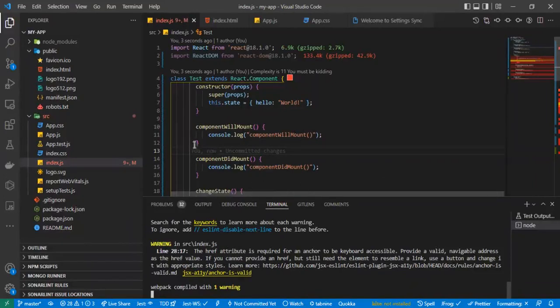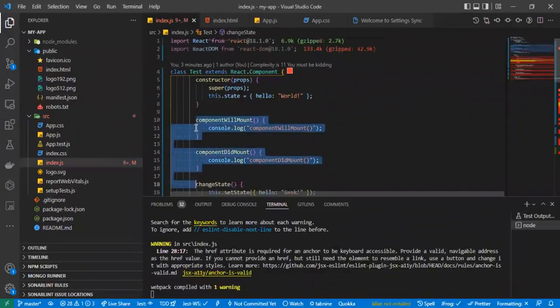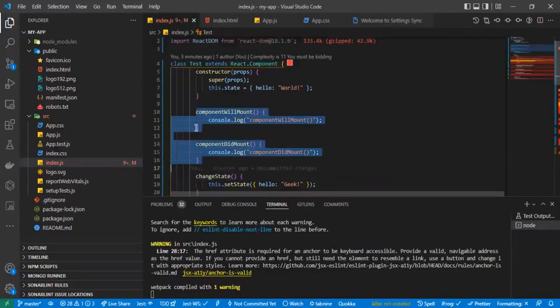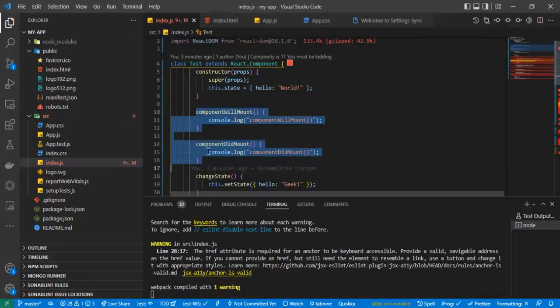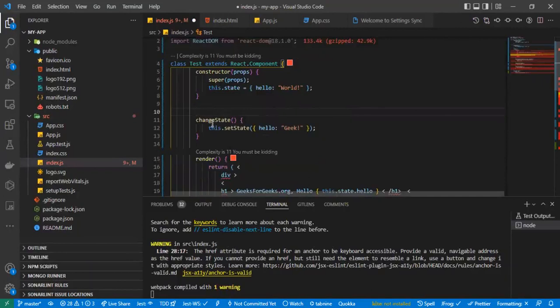Apart from that, if you want to comment out, you don't need these methods here. Let's say componentDidMount. We don't need these methods, right? componentWillUnmount, when this method gets called or not. If there is a very specific purpose for the constructor, you can pass the properties. These properties you can use with this.setState, and you can just use hello world like this. Whenever you are changing the state like this, let's say if I want to remove this one, I will change this.setState, and you are passing hello and things,